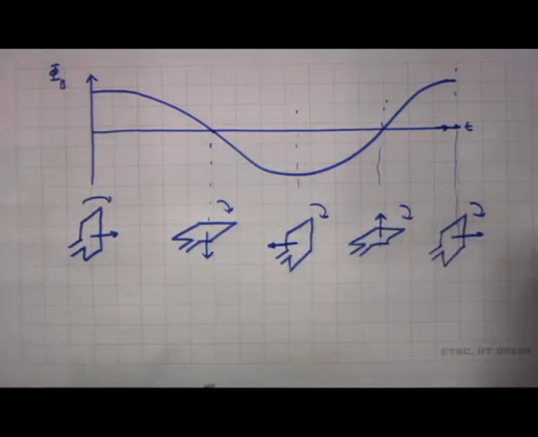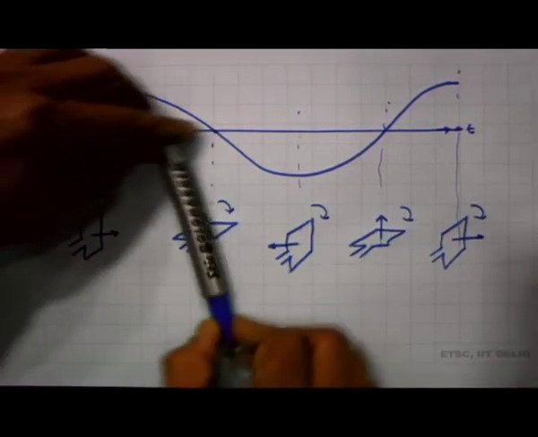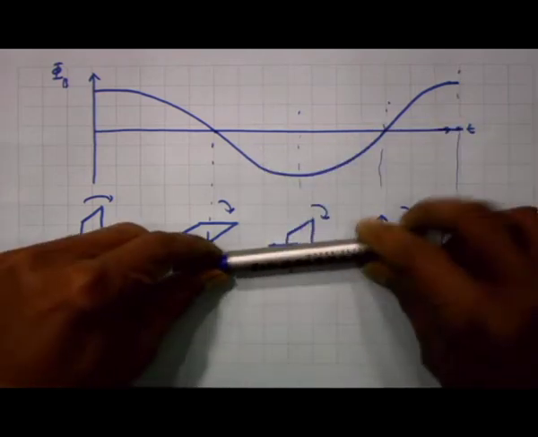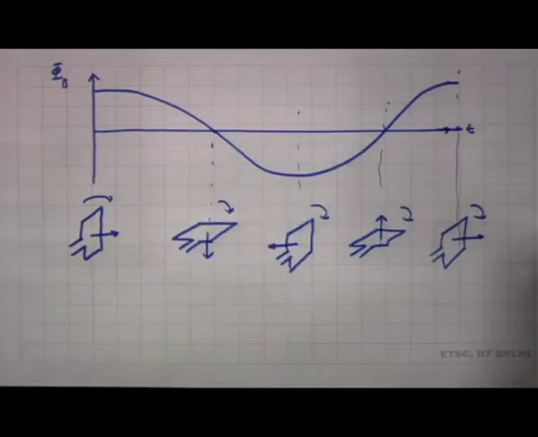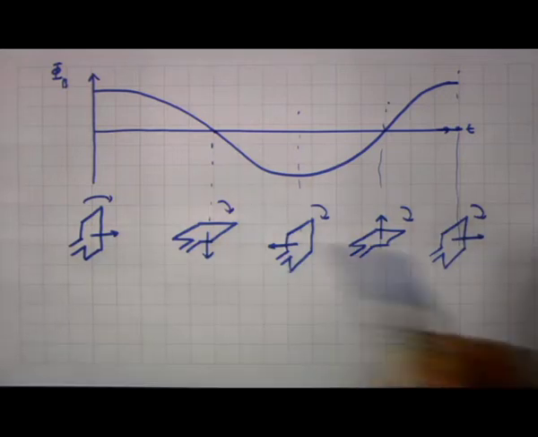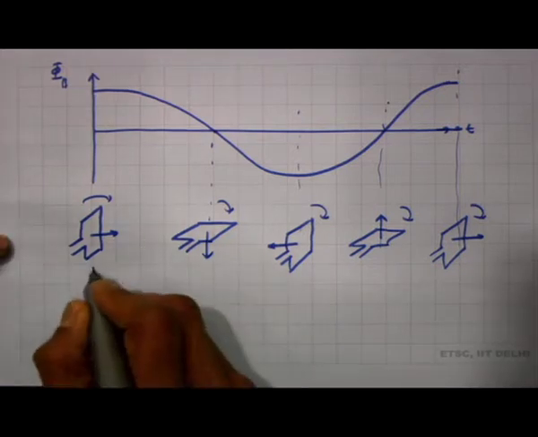So, you see this arrow is rotating as a function of time. It was pointing like this, after some time it becomes like this, then it becomes like this, then it goes up, and then it becomes this. So, this cycle is repeated again and again, and the frequency of rotation I have called omega, and so the flux is changing with time. Now, if I want to draw on the same figure an EMF generated,